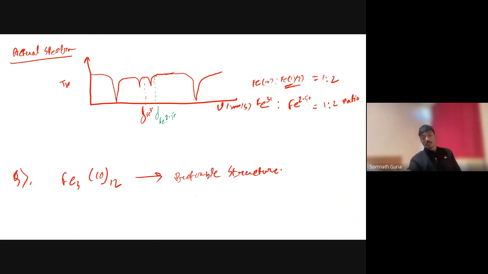Okay, this is the question. Now, if we look closely into Mossbauer spectroscopy, before going to the Mossbauer spectroscopy, what are the possible structures we can get from this molecular formula? We can get very different structures, but right now we can draw some of them, and then we'll finalize the structure from the Mossbauer spectroscopy. We'll have the three iron over here,